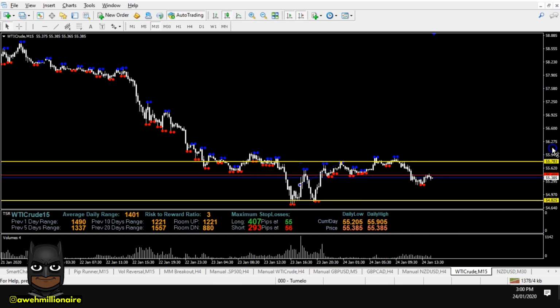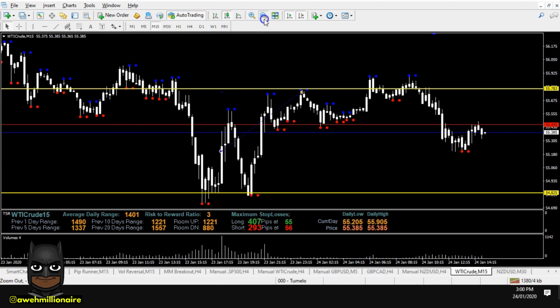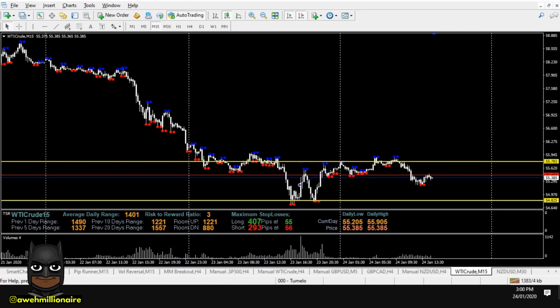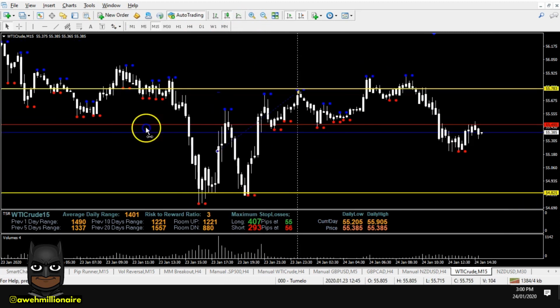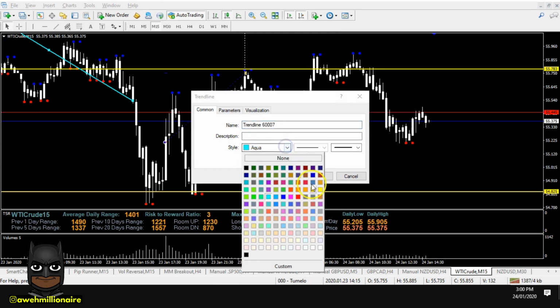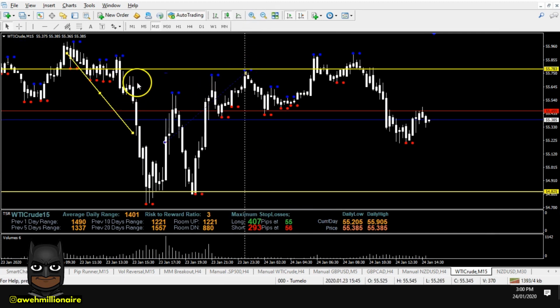So there it is right there. Let me zoom in so we can start identifying. So yesterday, as you can see, what happened was price came through and blasted through the demand level, the first demand level at the top over there. So it came through and broke the demand level, which is why the second demand level was identified,